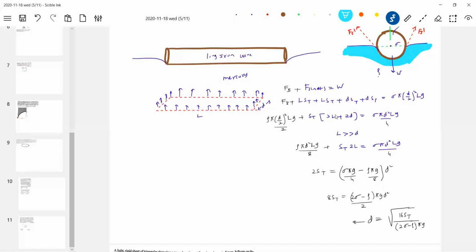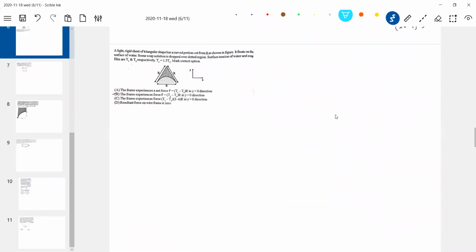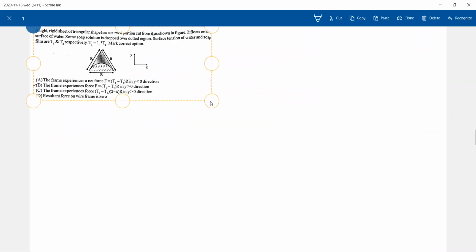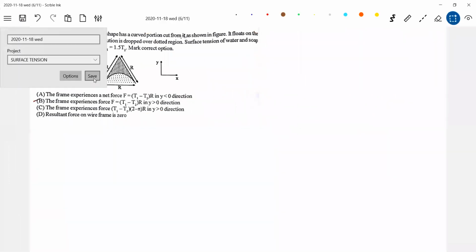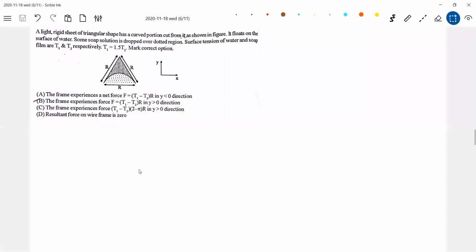So what is the difficult thing for you? The force due to surface tension is what you have to search for. Let's take the next question. There's one very important idea I'm bringing. Okay, analyze it. Take pen and paper, try to draw the diagram, analyze, and see how the liquid will exert a force.